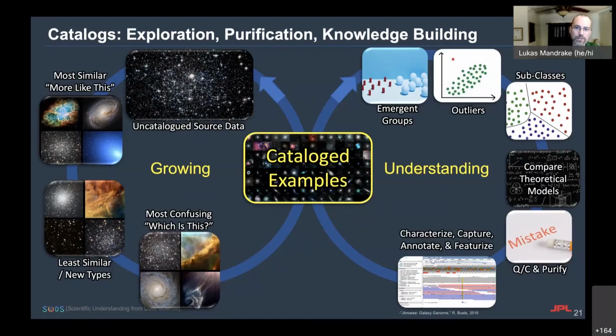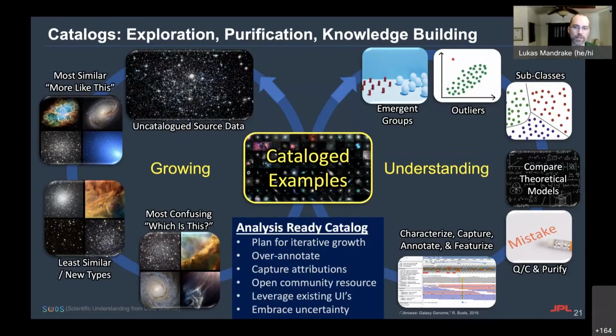Finally, we close on this phase's SUDS goal, to facilitate the characterization of structure within similar catalog entries, identification of discriminating features, and capture of expert insight and knowledge into annotations to inform later studies. The pure data science nomenclature for this entire process is simply making a labeled dataset. But for SUDS, a more productive perspective may be that you are starting to create an analysis-ready catalog as a